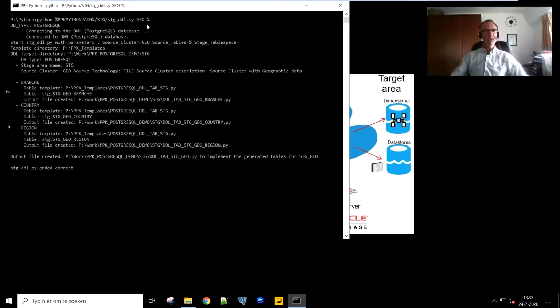If I'm starting the script, it's showing the information and it has generated the DDL for the database, PostgreSQL, but it can also be Oracle, Snowflake, SQLServer, or another database. It's connecting to the data warehouse database and showing that it is going to start the STG-DDL Python script with the parameters: source cluster is geo, source table is wildcard, and the stage table space is empty,